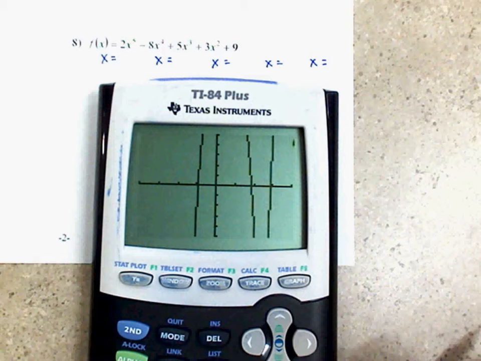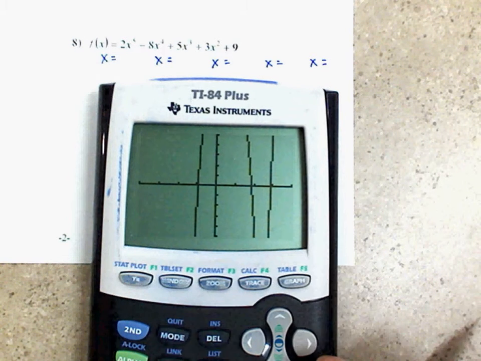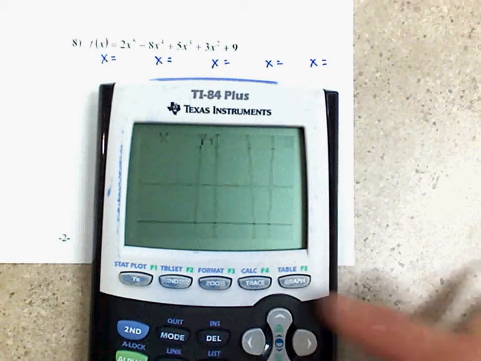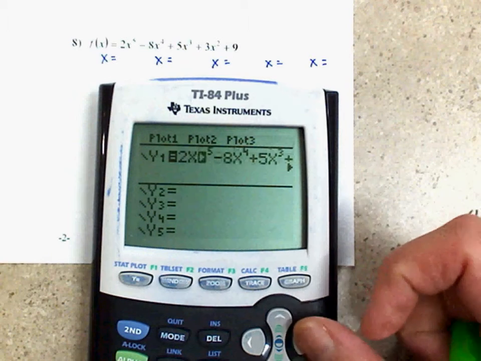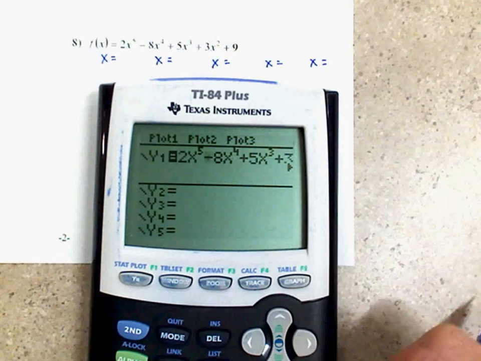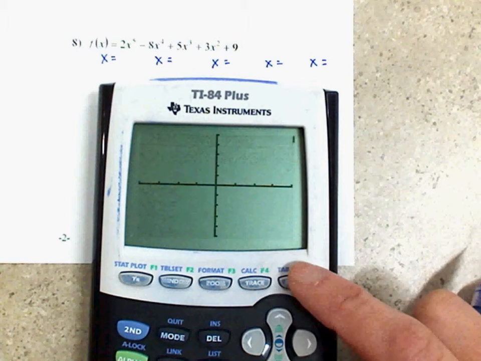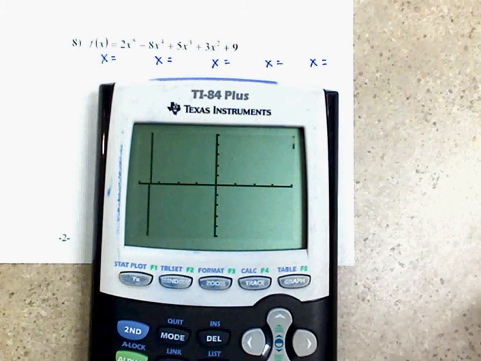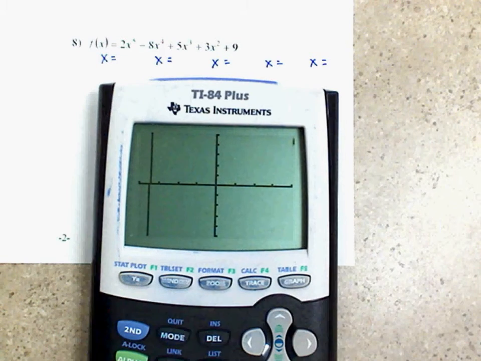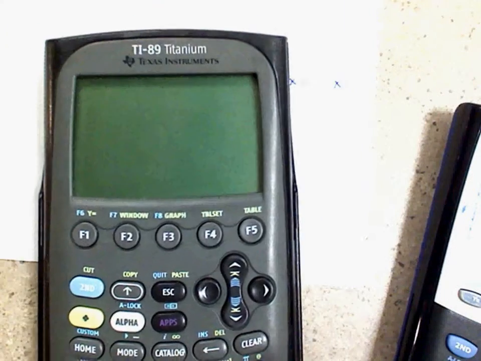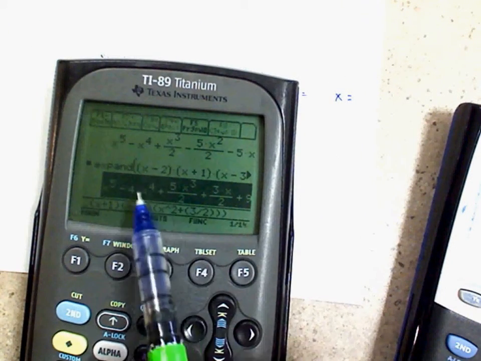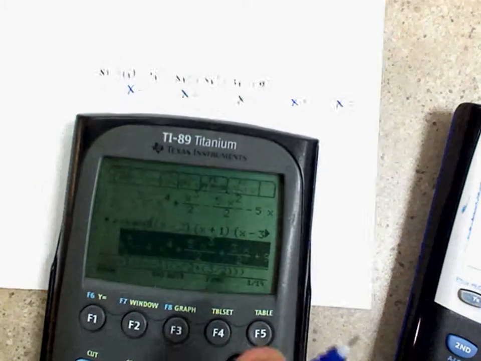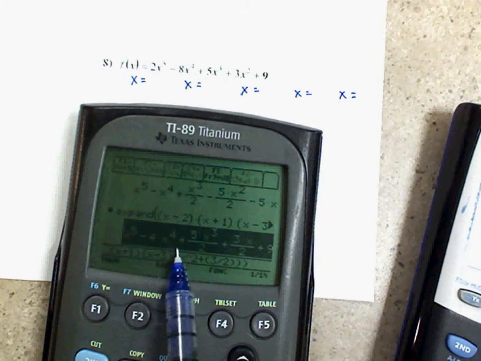Okay, I try to make sure that they all work. So I'm wondering if I mistyped something. I wonder if that should be a plus. Let me see real quick. I remember doing this problem, okay? So this would be 2x raised to the 5th minus x raised to the 4th plus 5x to the 3rd plus 3x squared